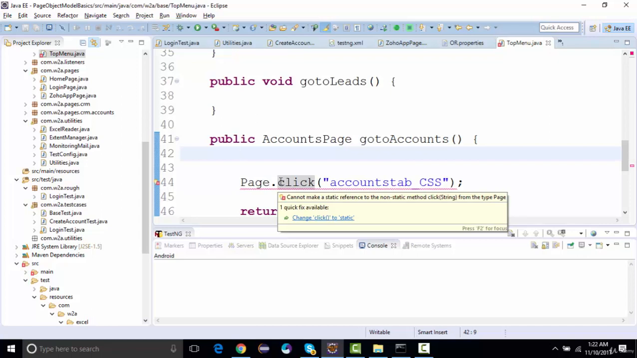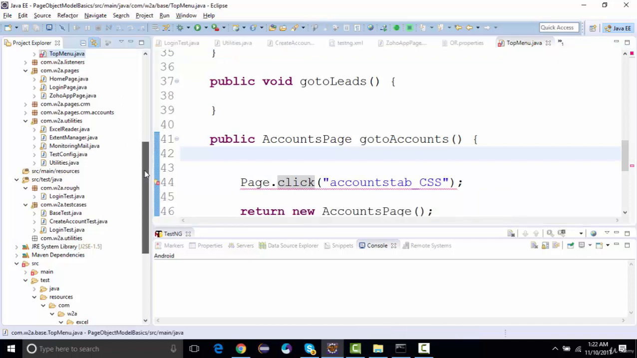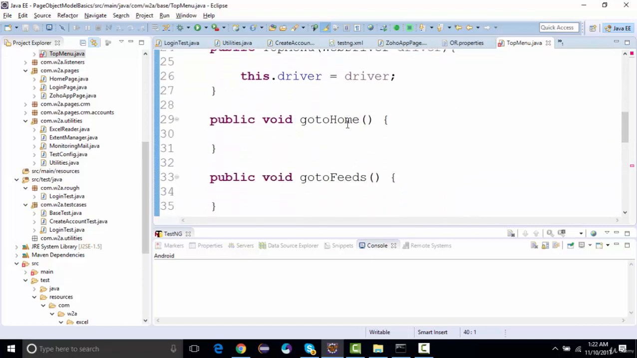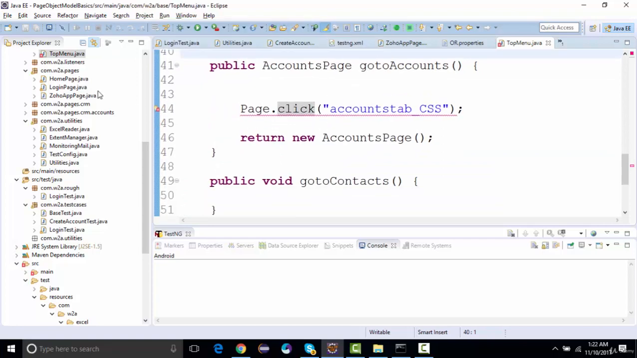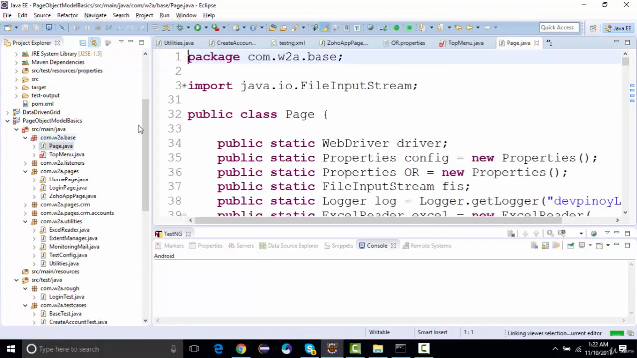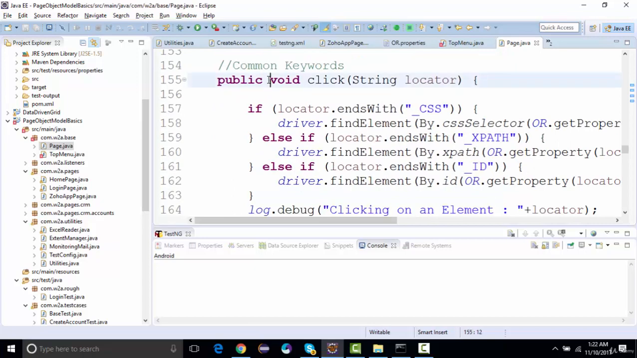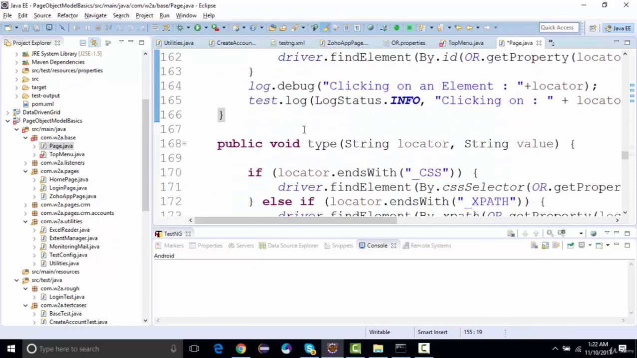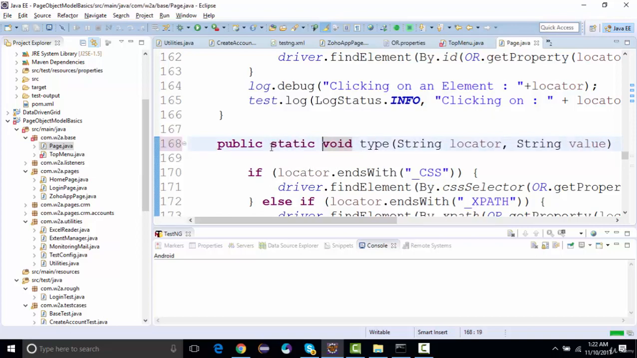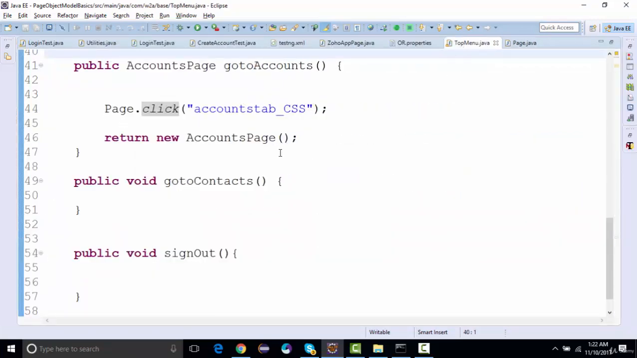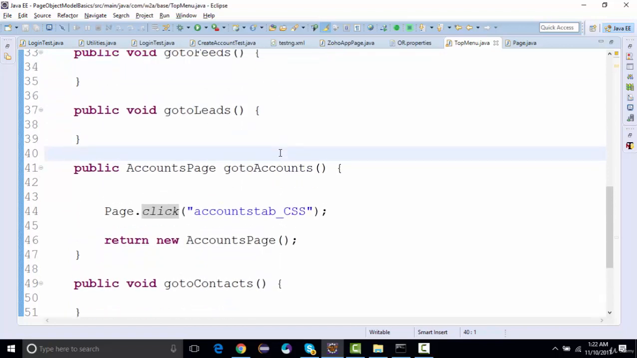Okay, so we need to implement these methods as static as well if we are calling it anywhere else over here, right? So we need to go to page class. If you want to call common keywords, these have to be static as well, right? Otherwise, this top menu class will not be able to access it. So then, after going to account,